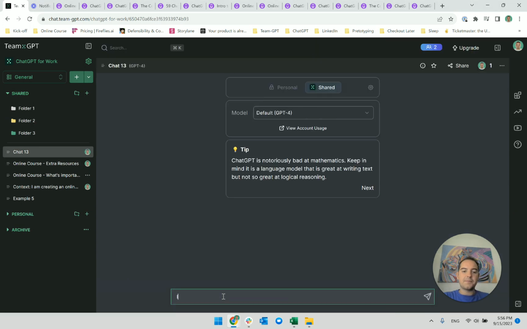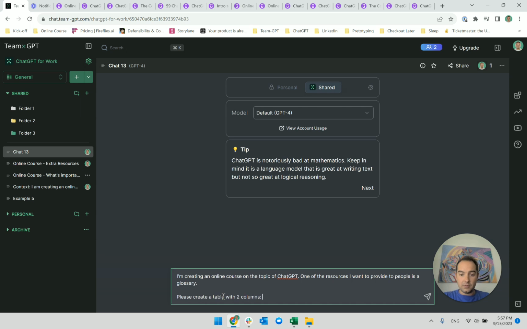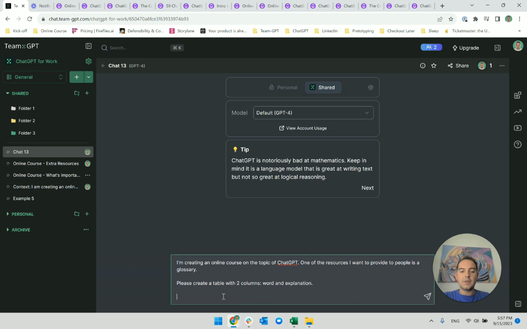I'll create a new chat, and I'll be like, I'm creating an online course on the topic of ChatGPT. One of the resources I want to provide to people is a glossary. Please create a table with 2 columns, word and explanation.